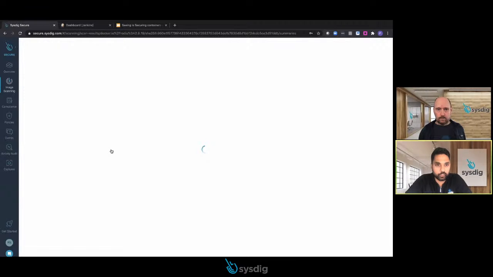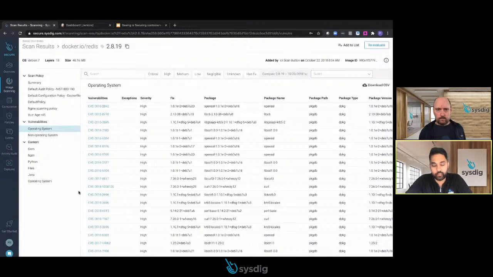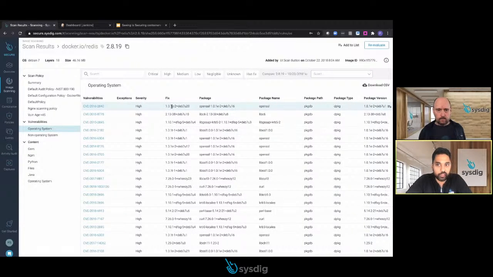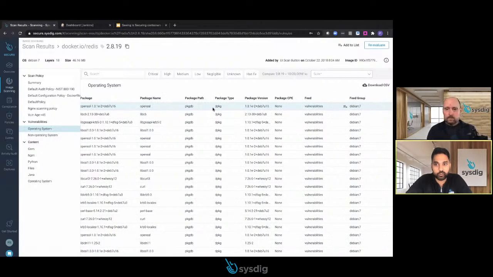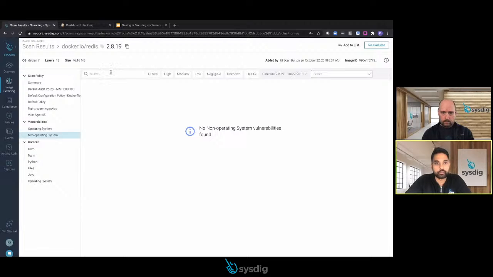And if I open up one of these images, I can see a quick summary of what those stops and warns are, why it failed, the policy breakdowns, and then also investigate the vulnerabilities itself. So I can dive into the OS level vulnerabilities first, seeing the different CVEs, the fix if they have a fix available, what packages they're affecting, all this information. I can sort it by critical or high to zoom into the ones that I care about. And same thing on the non-OS level. This image doesn't have those non-OS vulnerabilities, but you can also pull vulnerability information about third-party libraries like Python pip or Java jar, Ruby gem, and so on as well,